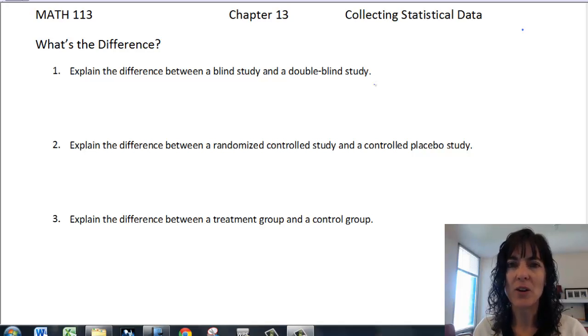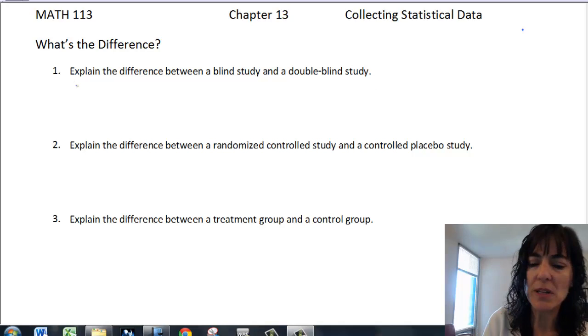Now we know they are very similar because both studies are clinical trials, and they can have a placebo group and a treatment group, that sort of thing. But the thing that makes them different is that in a double-blind study, neither the researcher nor the participants know who has been put into which group. And in a blind study, the participants don't know which group they're in, but the researcher does know which group they're in. So the big difference,